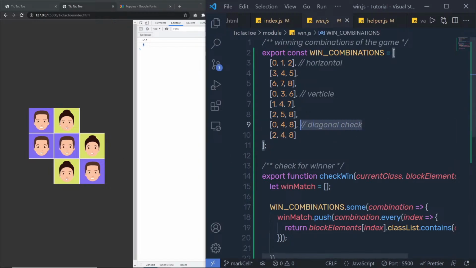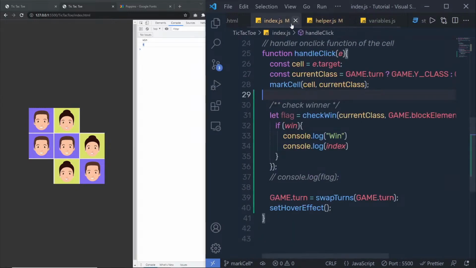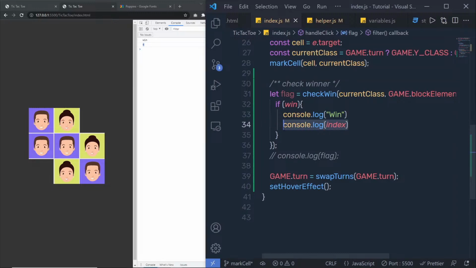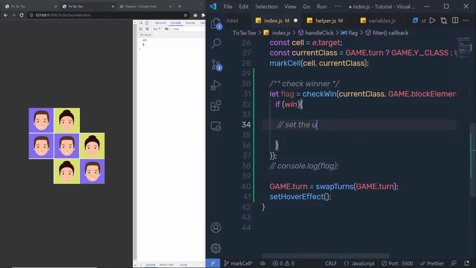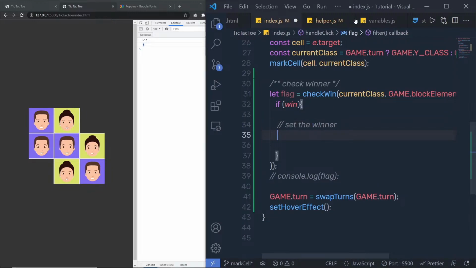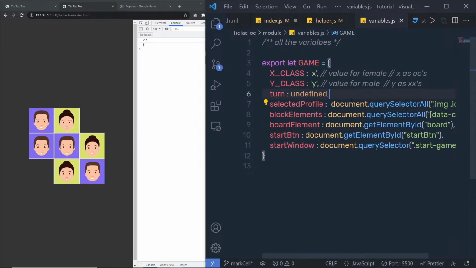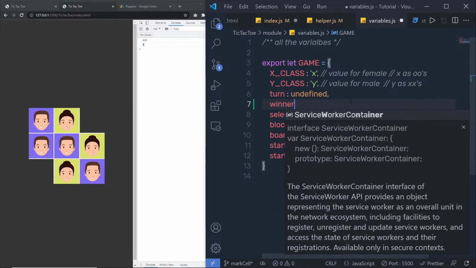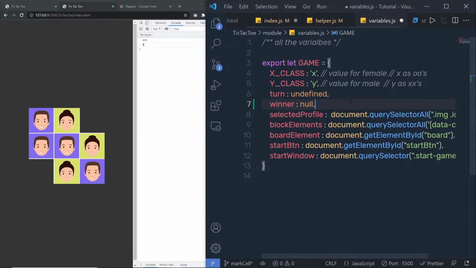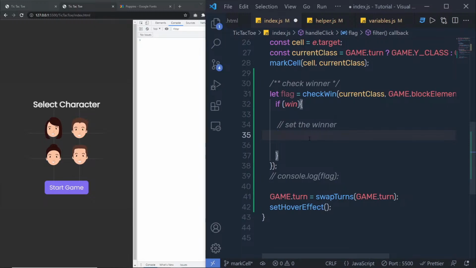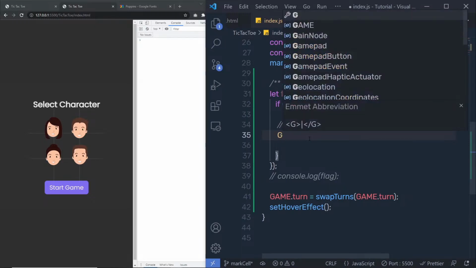So now once you have your winning combination, you can find out the winner. Anything you have on the 0, 4 or 8, that would be the winner. You can simply find out that. To do that, just go back to the index.js, get rid of this console.log, and here you can simply set the winner. So let me create a variable inside this variable file called winner. I'm going to specify null value here, and then in the index file I'm going to say game dot